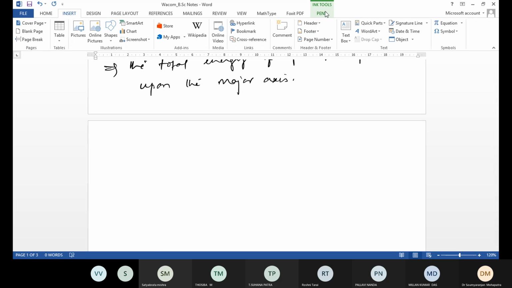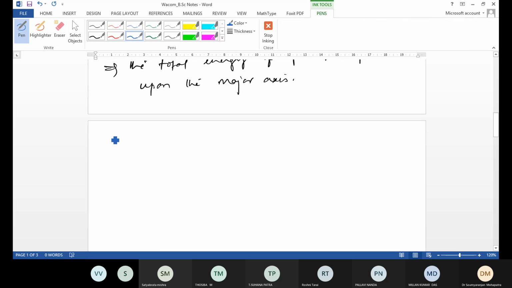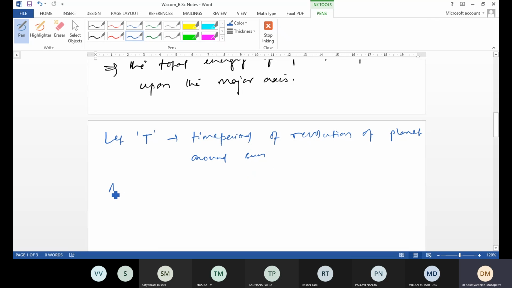So let T be the time period of the planet, or time period of revolution of the planet around the sun. So what is the area swept by the planet, or you can say area of orbit? Let's say it is capital A, that is equal to